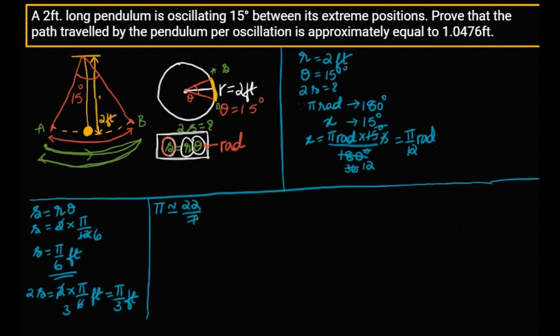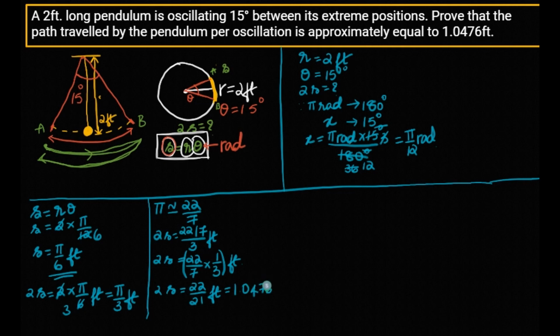So therefore 2s is equal to 22 by 7 divided by 3 feet. 2s is equal to 22 by 7 into 1 by 3 feet, which is equal to 22 divided by 21 feet. 22 by 21 is 1.0476 feet. The value of 2s is approximately equal to